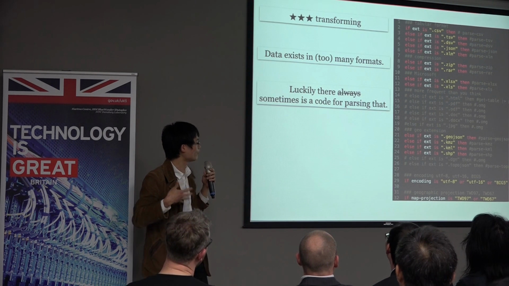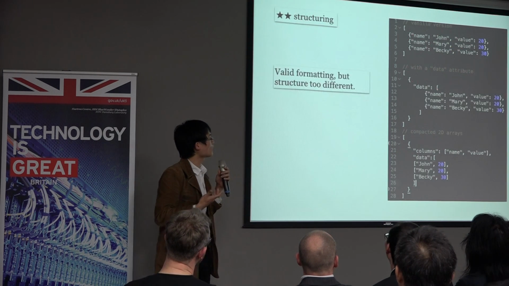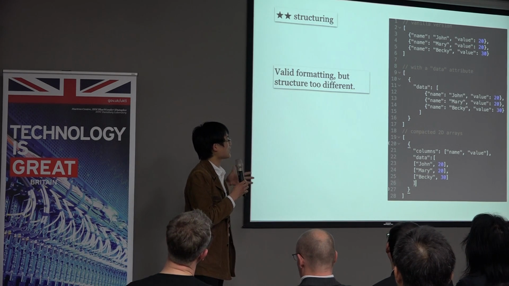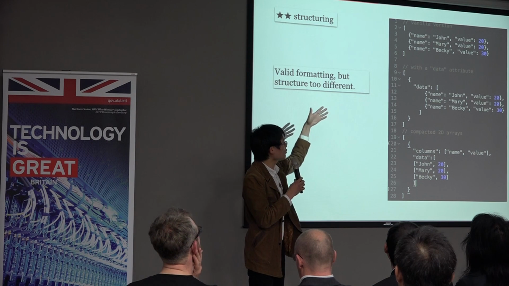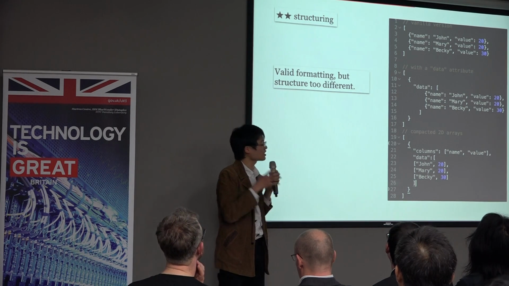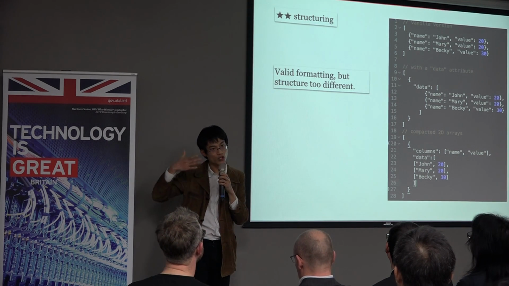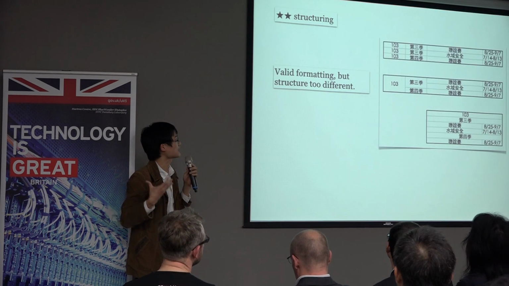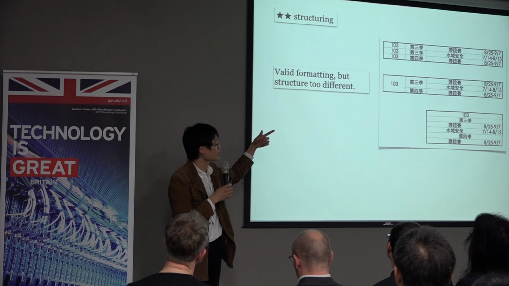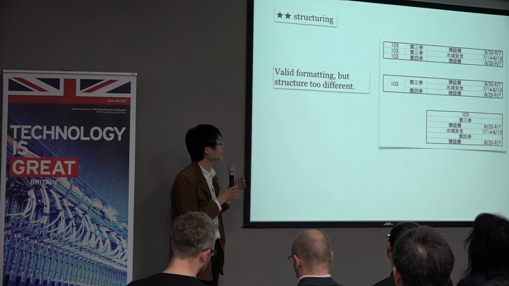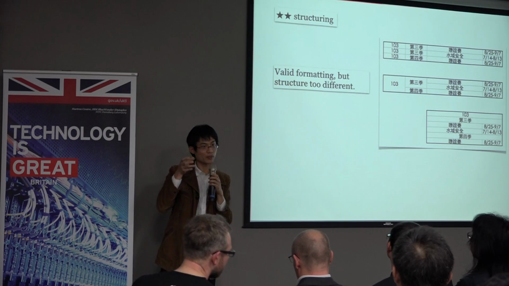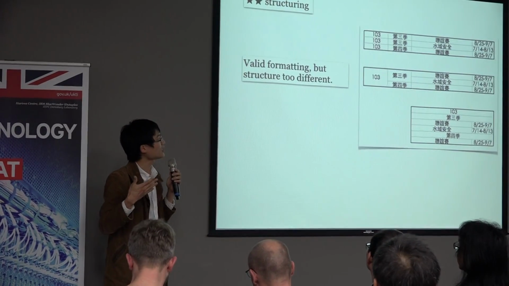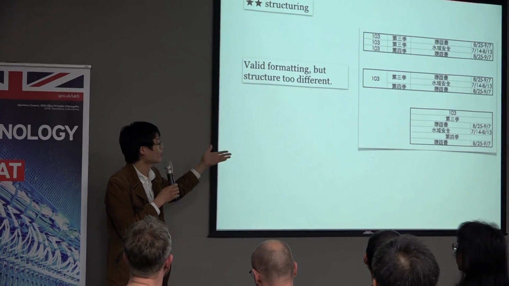and you can utilize it forever. But one of the other problems is that even if you have a valid JSON format, it can be very difficult to work with because they have different structures. In this case, all these three are valid JSON, but because they have different structures, for each of the different data you still have a slightly different program to work with, and sometimes that's a lot. That's the Excel variation of the problem we stated earlier. You can see the data is the same, but because the structure is different, you have to have a slightly different parser. But the idea here is maybe this is not that random.